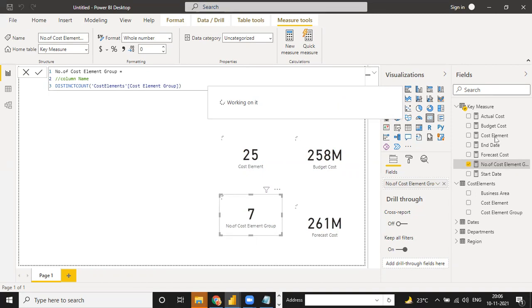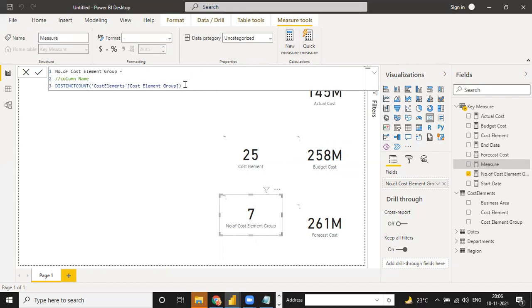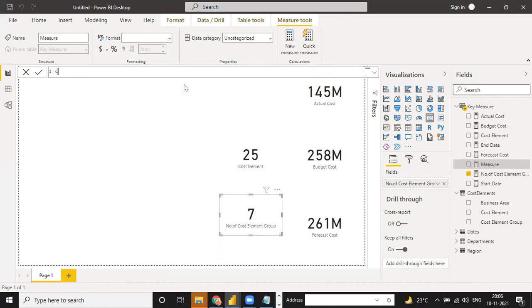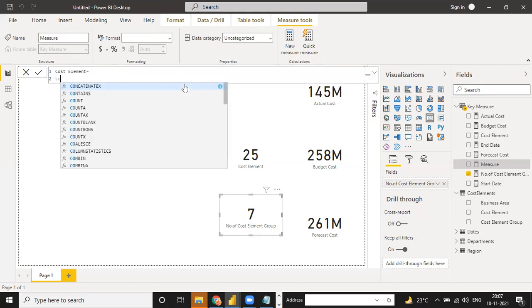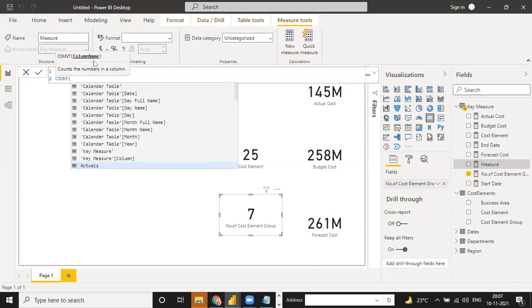If I use, I think, one more function, count. Let me check what count is used for. Element. Count, and see, it will ask you for a column name. So count and distinct count will be the same, but count will count all the rows.